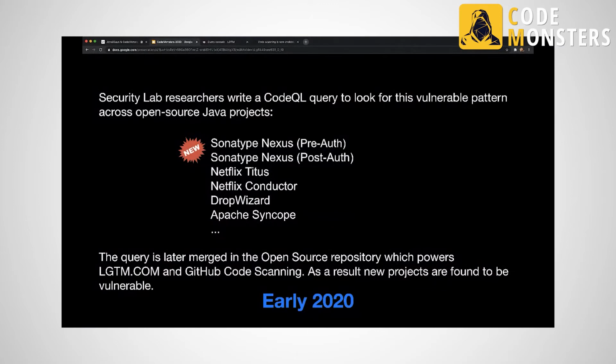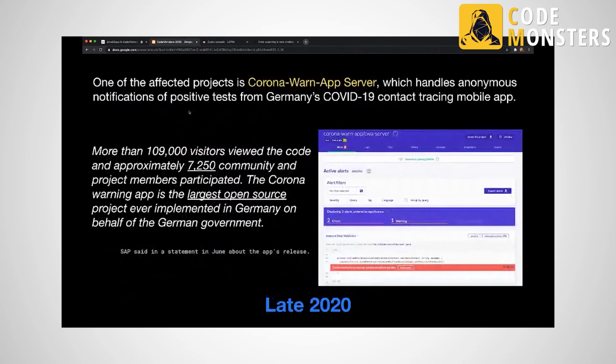So this was early 2020. Then I went on paternity leave for some months, and when I came back, I ran this query on multiple open source projects in GitHub, and I found that one of the new affected repos was this Corona Warn app server in GitHub. So the name of the project is Corona Warn app /CWA server, and it's basically the server